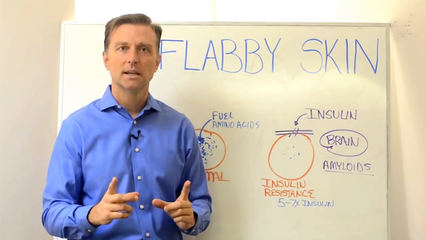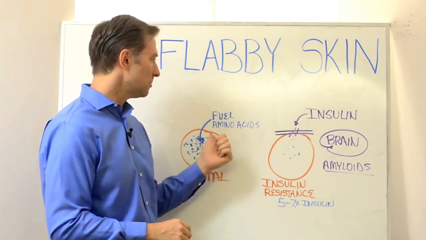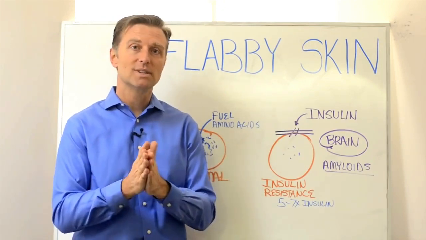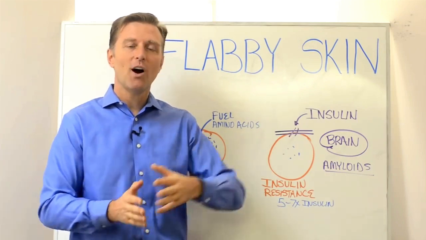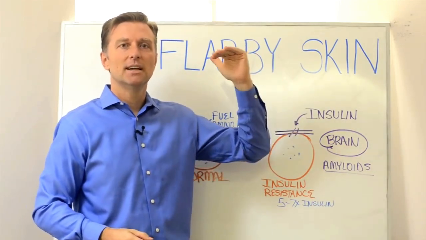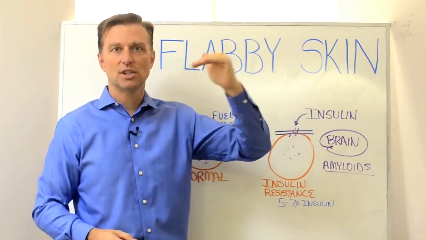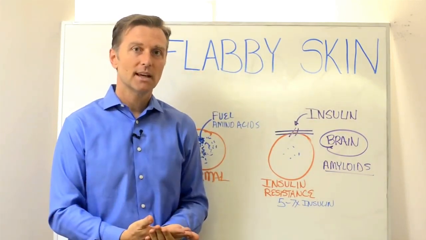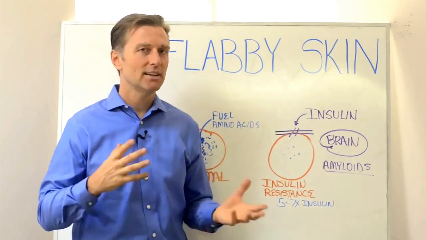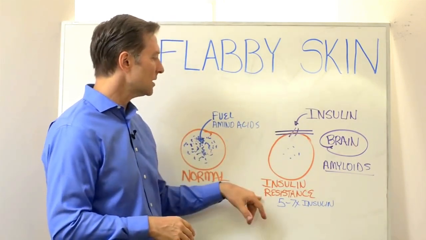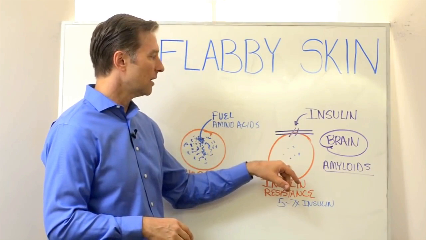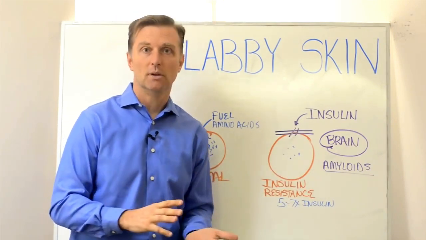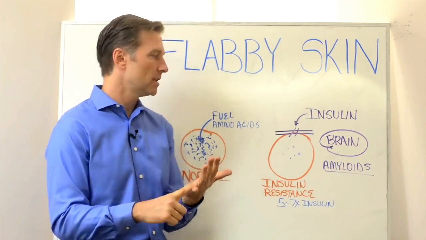But the problem is, the insulin is not working to pull those amino acids into the cell because you could have insulin resistance. What caused this problem in the first place is you had too much insulin, and now all of a sudden your body's rejecting it, so you can't absorb it, yet you have too much. It's kind of a weird situation. So in an insulin-resistant cell, your cells are starving for protein, amino acids, and fuel.